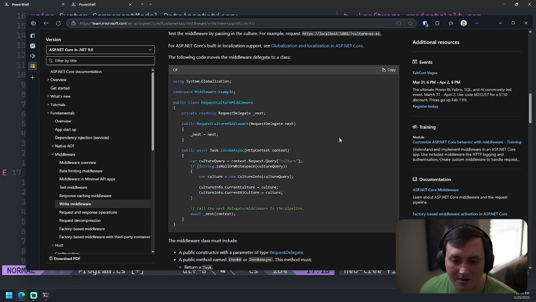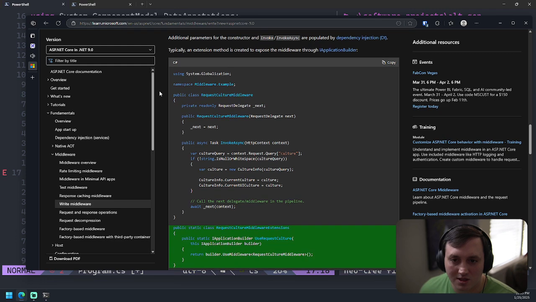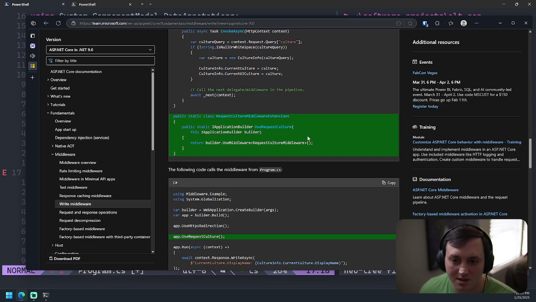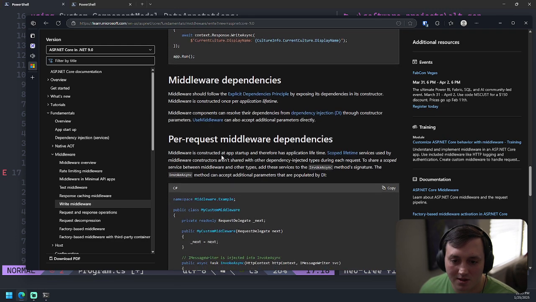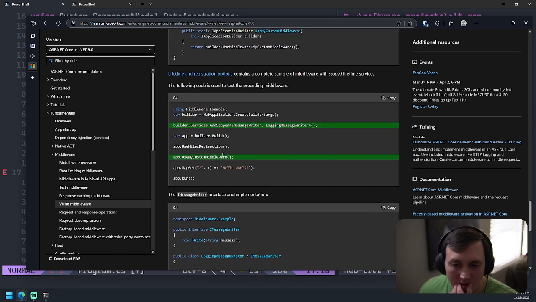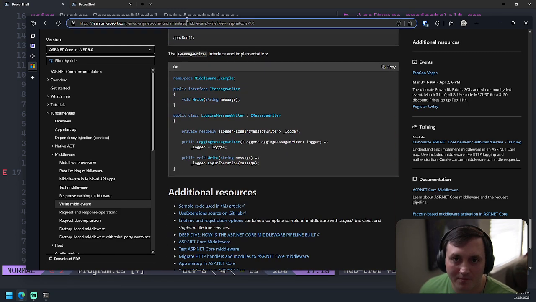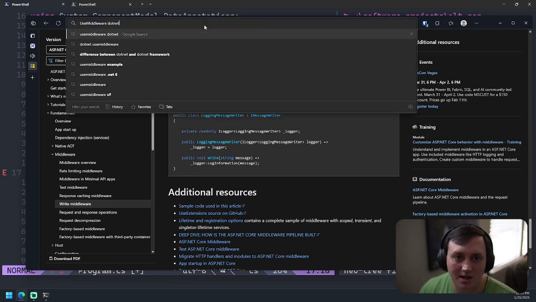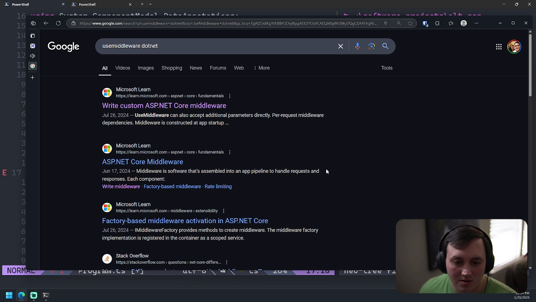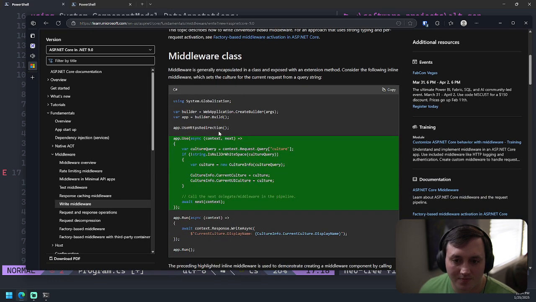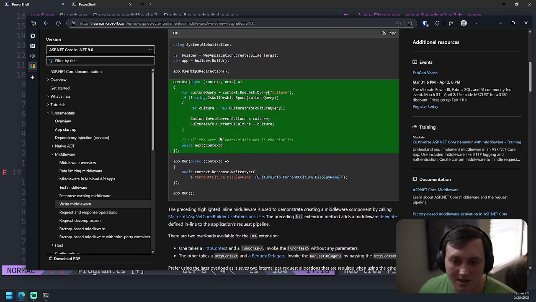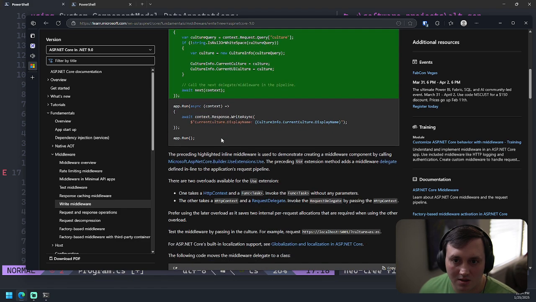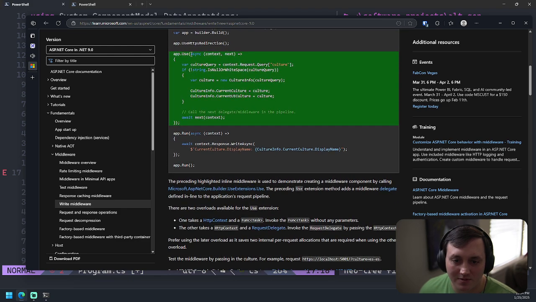Yeah, you can do something like this. So you can declare your middleware like a type. I want to use UseMiddleware. Are these the same? This one looks like, yeah. Okay, fair enough. I think we just want to do something like this.